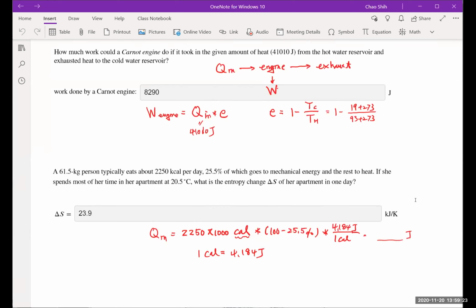Now, if you want to use kilojoules and that is specified by the question, then you just take out the 1,000 and simply say this is kilojoules, and this will be kilocalories, and that will be kilojoules as well. So this will become